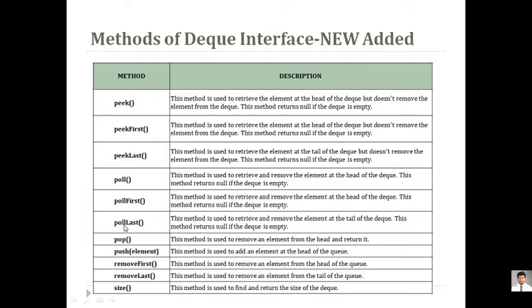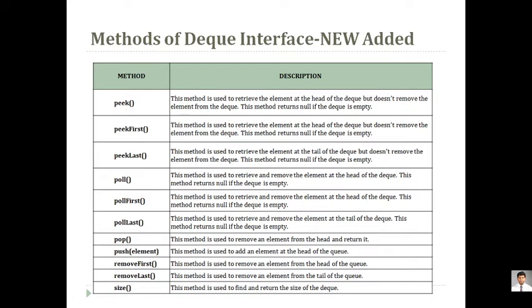Whereas when you go for pollFirst and pollLast, specifically pollFirst will be removing the first element. Here, as it can be parameterized, you can remove any element at runtime by using poll by specifying the value. But pollFirst and pollLast are specifically for removing the first element, and pollLast is for removing the last element.